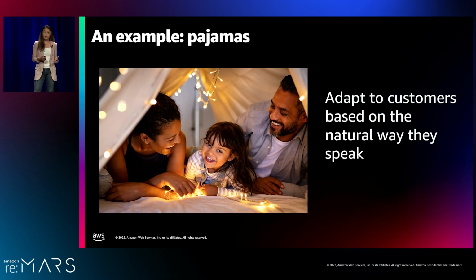We also really want to adapt to the way customers naturally speak to Alexa. So an example here is a child wants to ask Alexa for unicorn pajamas. And at home, she can refer to pajamas as jammas, pajamas, and Alexa really, we want her to feel familiar. And so Alexa needs to be recognizing any number of ways that a person wants to say a particular word or a phrase.